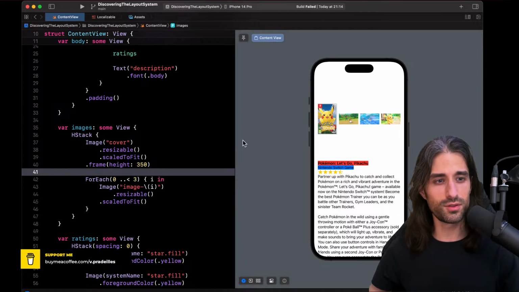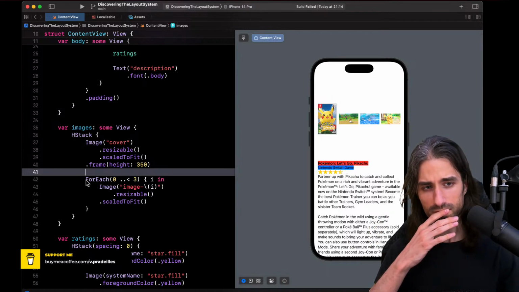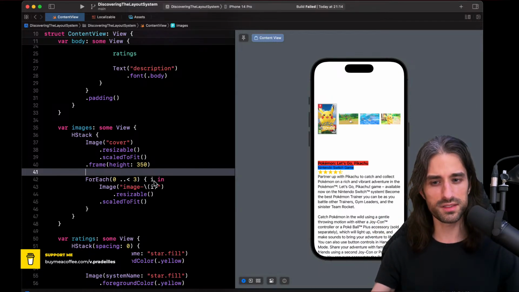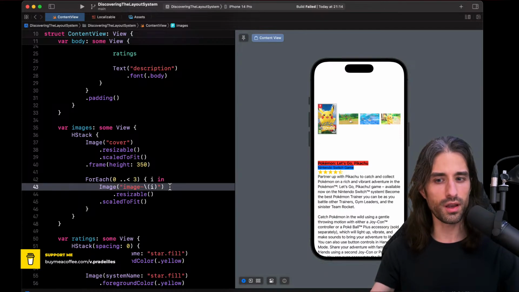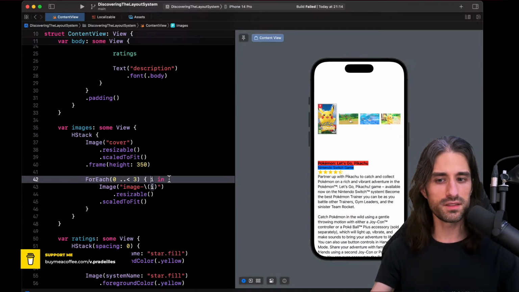But first thing, this is the first time we use a loop inside a SwiftUI view, so I want to really make sure I explain it. We've used this ForEach that allows us to iterate over a sequence and then build views by using the elements of that sequence.